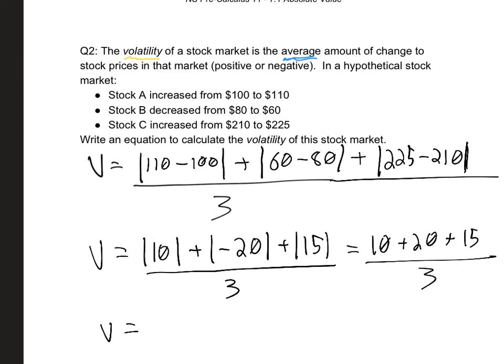So our volatility would be the sum of those 3 values divided by 3. So the volatility of this market is 15. So that's the average change, regardless of whether it was a positive or a negative change. I will say again, this isn't strictly how volatility is calculated for a stock market, but this is the idea of what volatility is in a stock market. It's the amount of change that's occurring, regardless of whether that's positive or negative change,